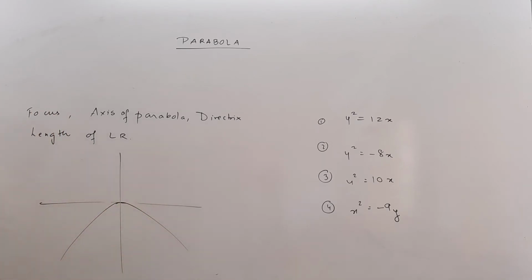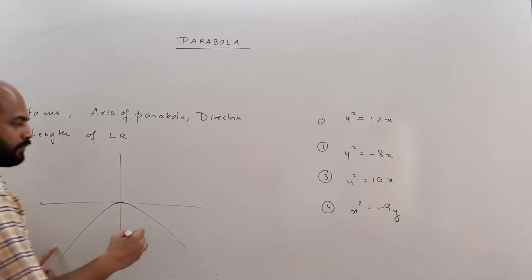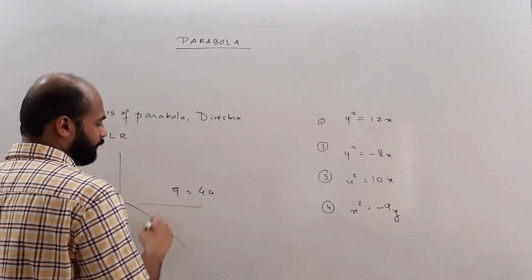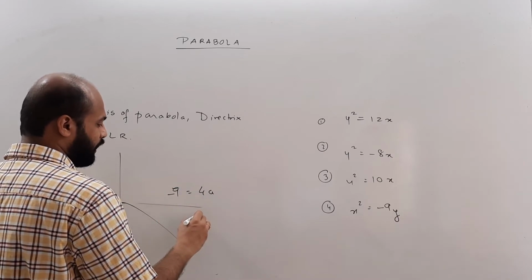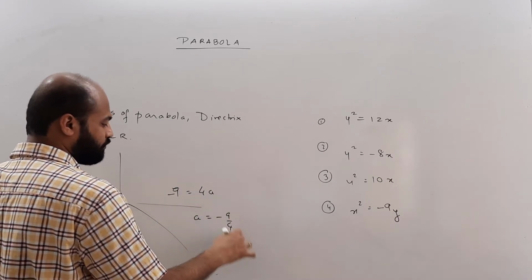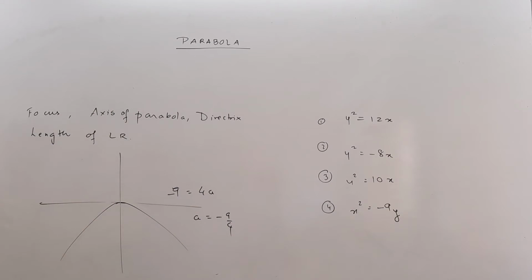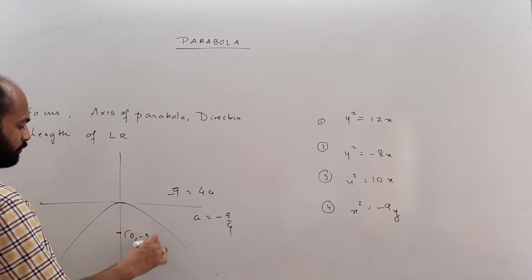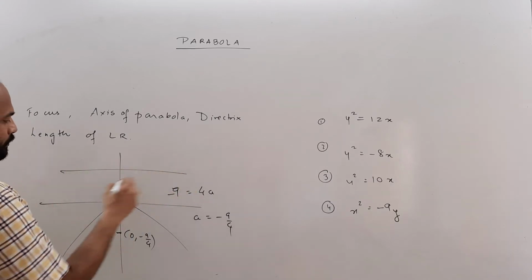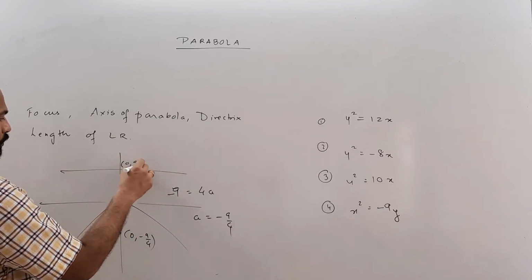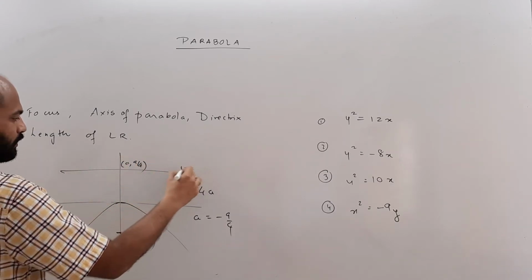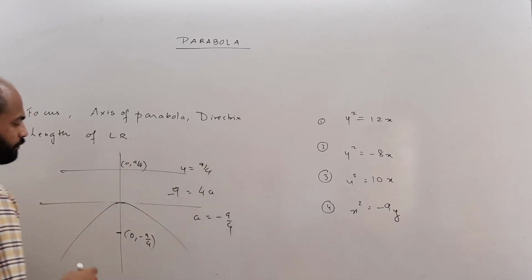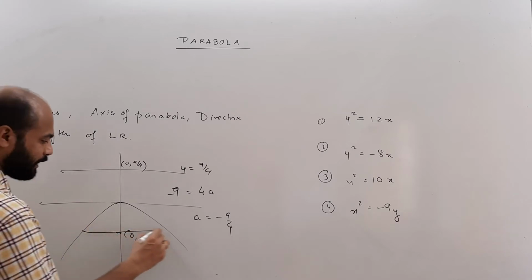So this is going to be the parabola, and this time 9 is going to be 4a. So a is going to be minus 9 by 4. Now once we have found this, it means that this point focus is going to be 0 comma minus 9 by 4, and this point is going to be 0 comma 9 by 4. So the equation of directrix is going to be y is equal to 9 by 4. The length of this latus rectum is going to be,